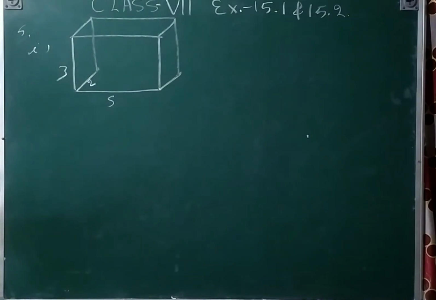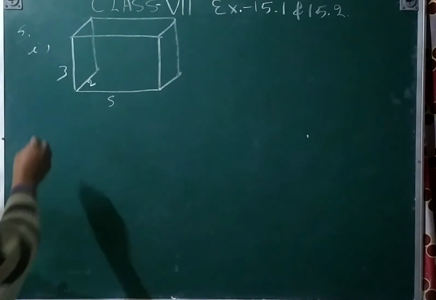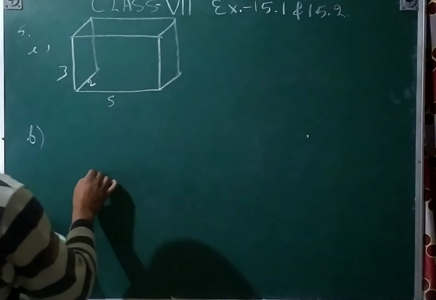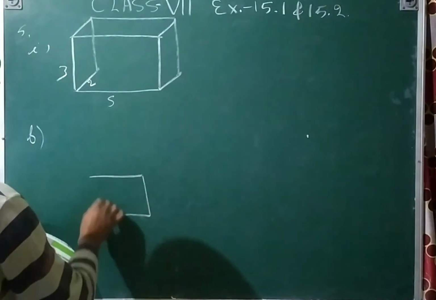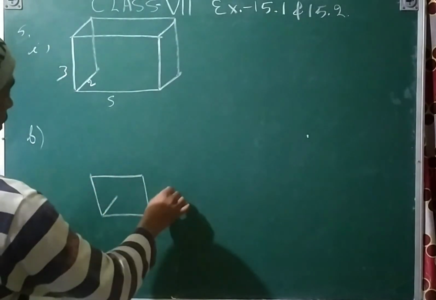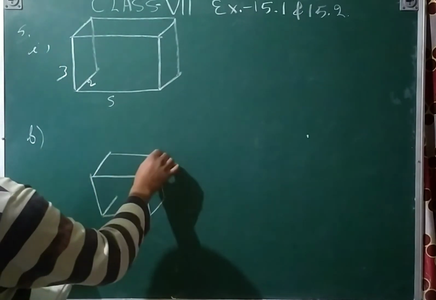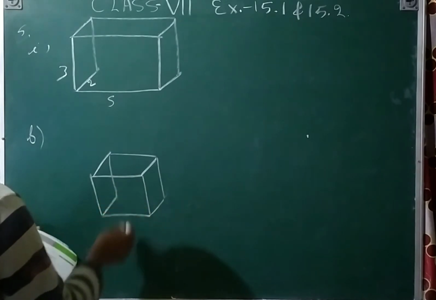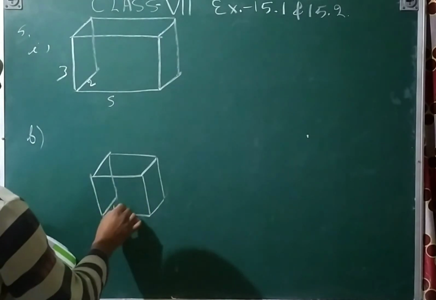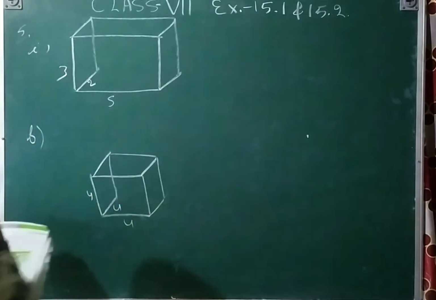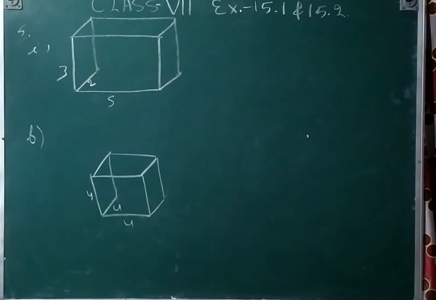A cube with an edge 4 centimeter long. So that will be 4 centimeter, 4 centimeter, 4 centimeter, 4 centimeter, this also 4. So 4, this also 4, this also 4 and then join them. That is 4, 4, 4 centimeter. So dear students, use that isometric paper everywhere, then your diagram will be neat and clean. Okay.